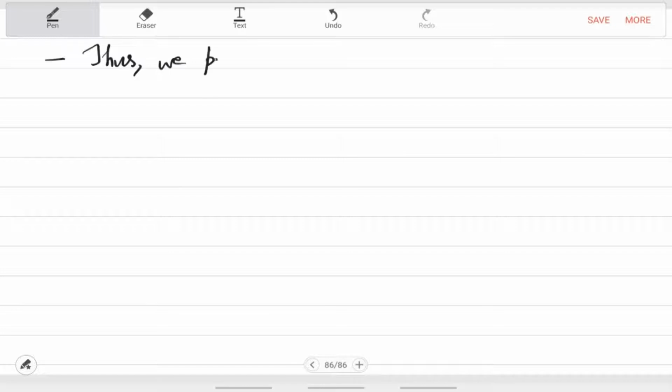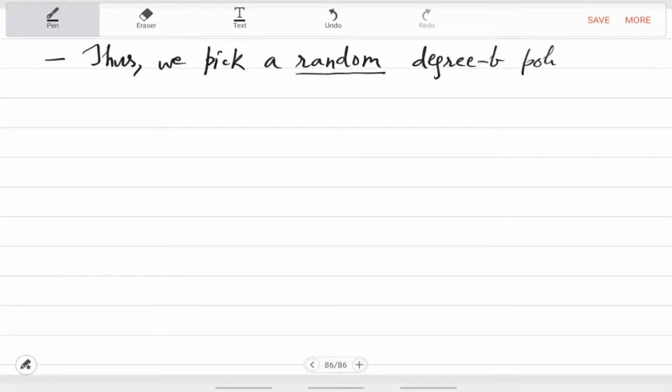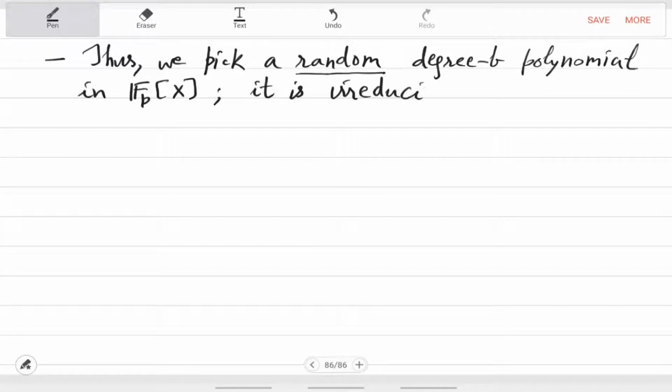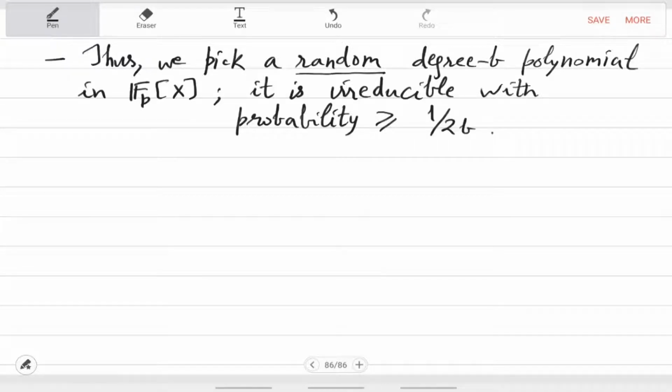Thus, we pick a random degree b polynomial and it is irreducible with probability at least 1 over 2b, and if you repeat it 2b times, say just 2b times,